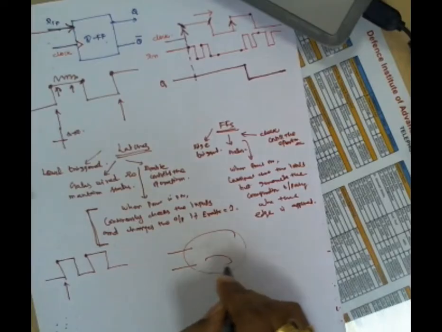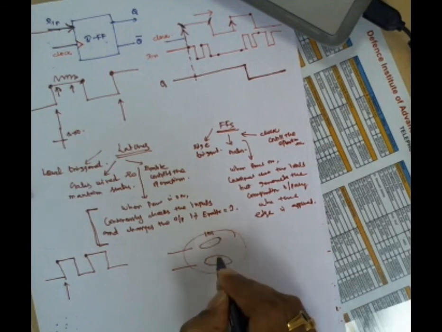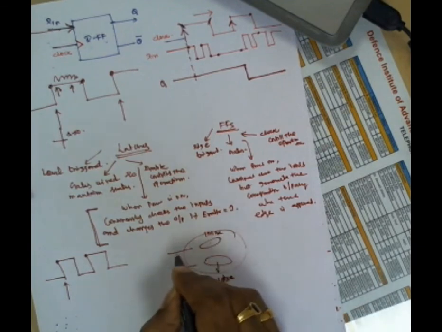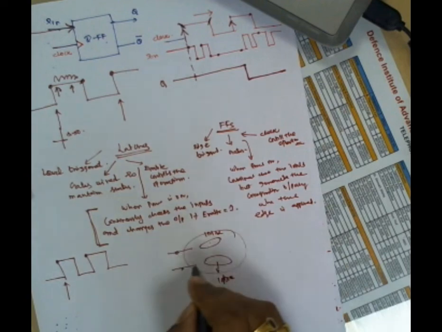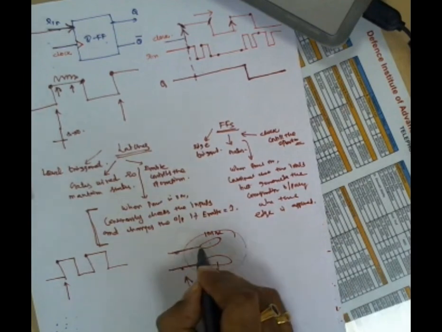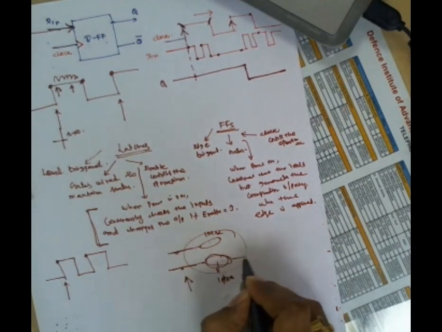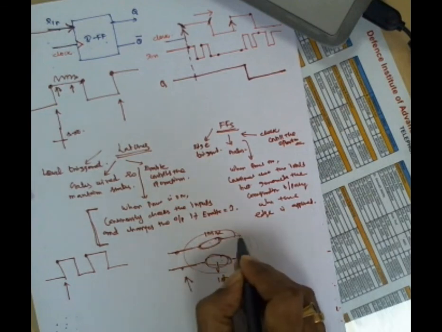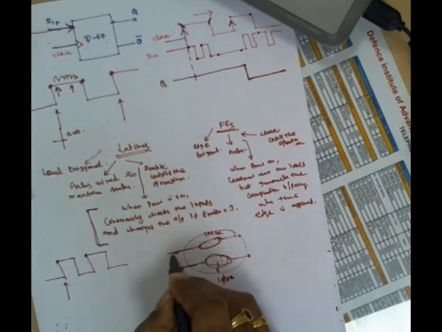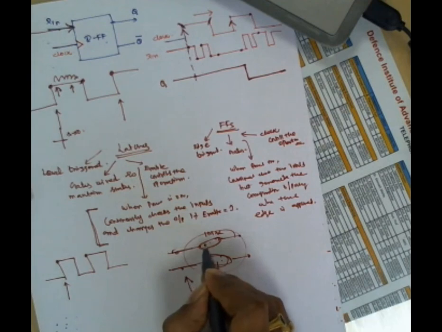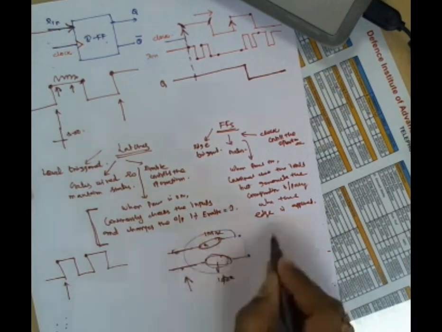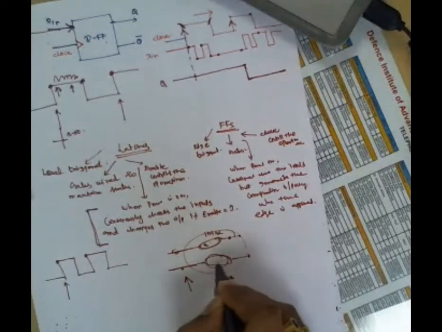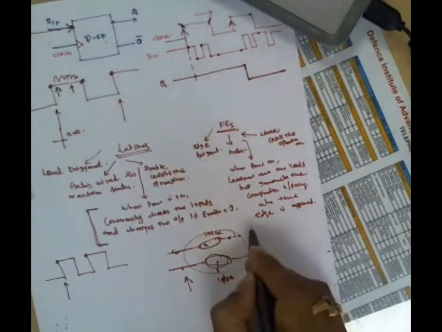Here some circuit is there, and here some circuit is there. This circuit requires maybe 1 microsecond, for example, and this circuit requires 1 millisecond. If you do not control the input reading time, then this input will go there, and this input also will go there. It will take a longer time to give you the output, and this will take a shorter time. If you do not have any control here, then the second input will go there and generate some new output before this section completes and generates its corresponding output. So your output will be a malfunction.